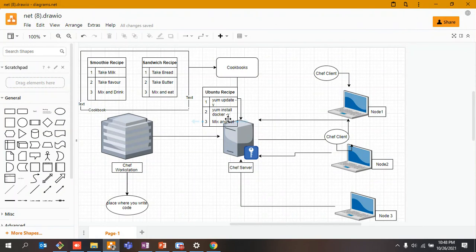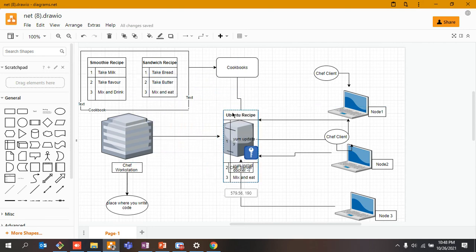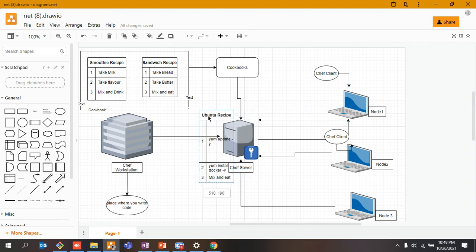So let's say something got updated. With the help of the command line tool, I have updated my recipe over here. Now, what is the role of the chef client? The chef client will first check its internal node, asking if it has this particular recipe that just got uploaded.